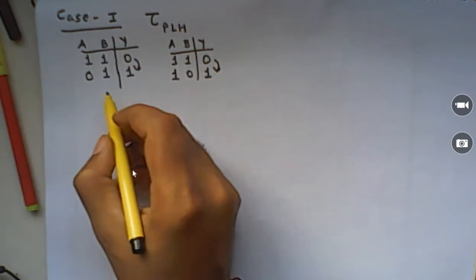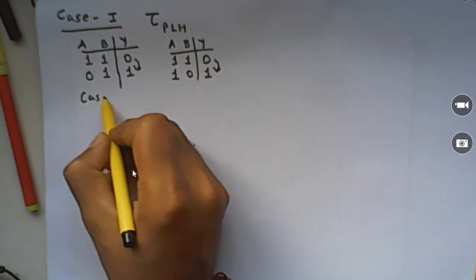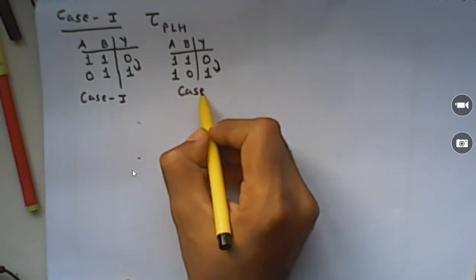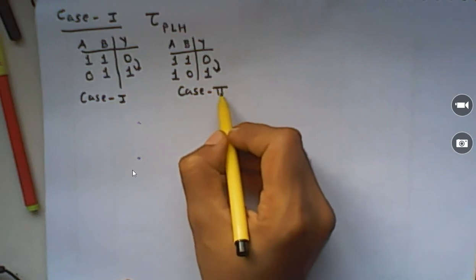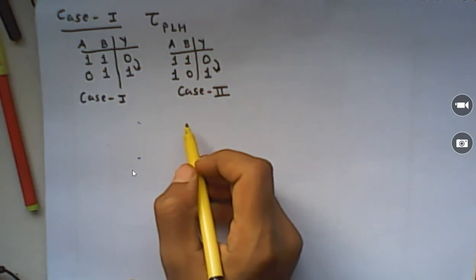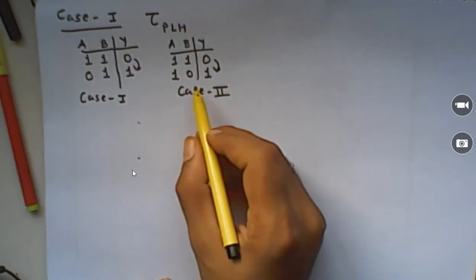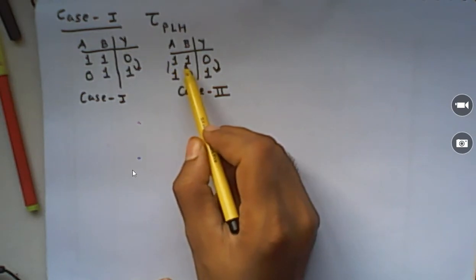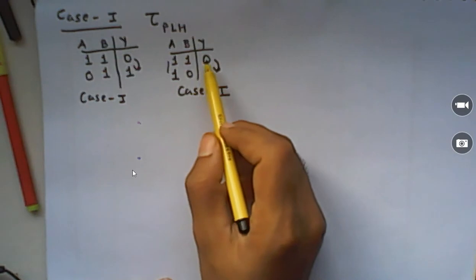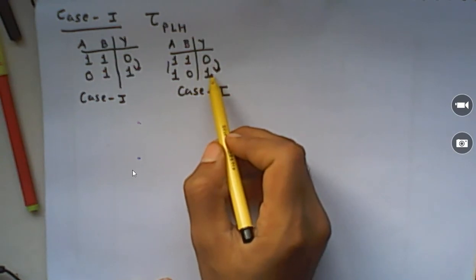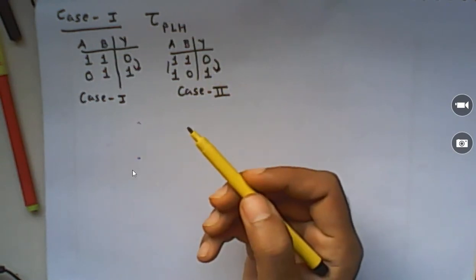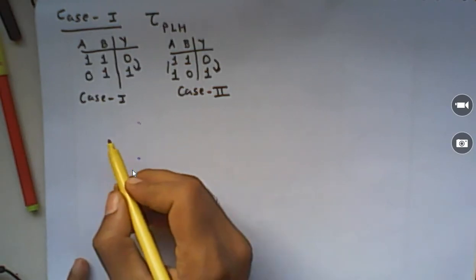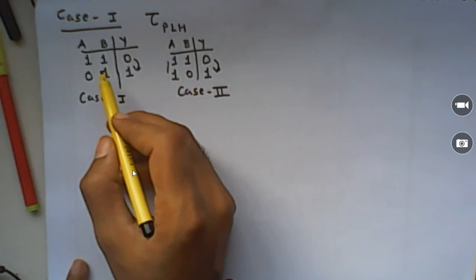So these are the two cases. In case 1, input B stays as it is and input A goes from 1 to 0. In case 2, input A is constant but input B goes from 1 to 0. In both cases the output goes from 0 to 1. Now in both cases we want to find out the propagation delay. So if you see in case 1,